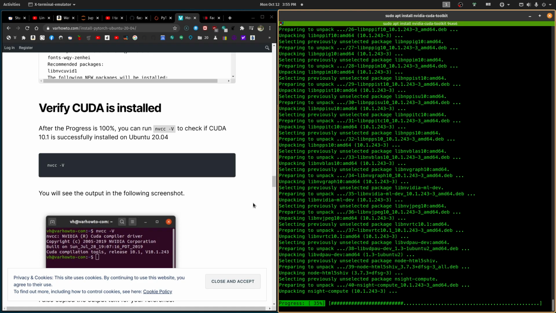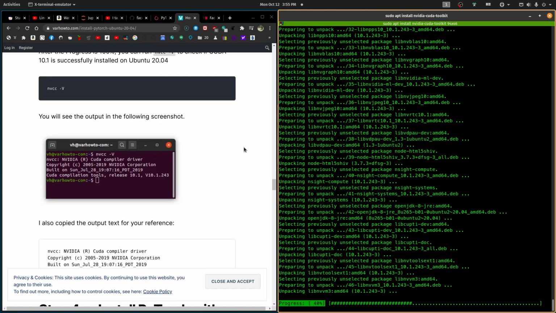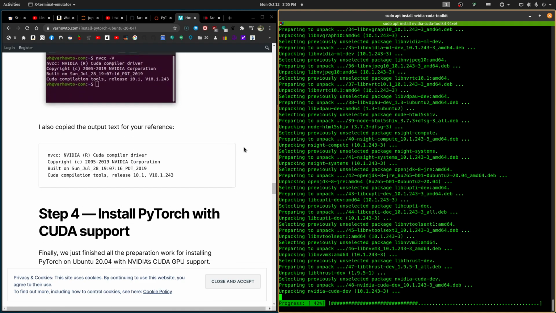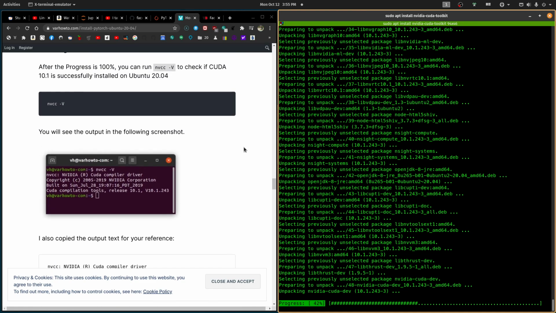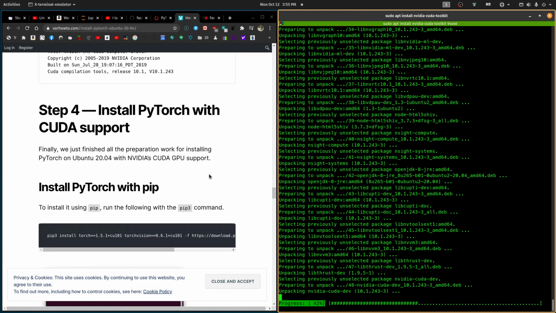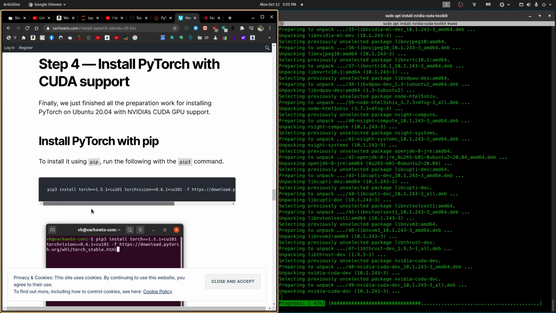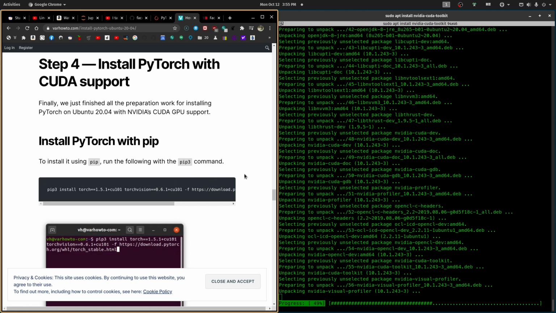We're 30% through. And I apologize that this is taking so long. Let's look ahead. We're going to run nvcc -V to make sure that it's installed properly. And we should get something back that looks like this. And then we install PyTorch with CUDA support. So what did it say? Was it happy with 151? I think it was happy with 151 or 160. So this has the instructions for 151. I'll do this.